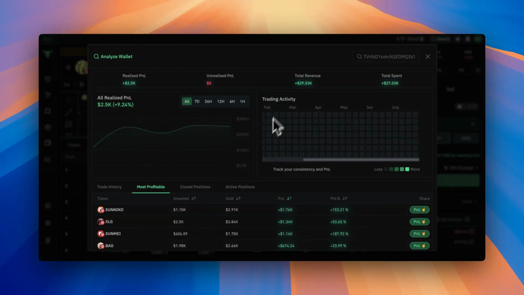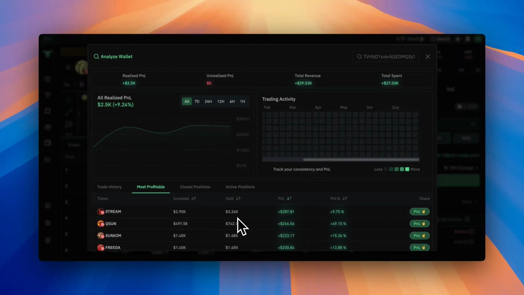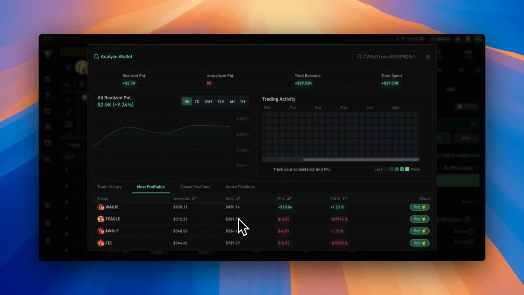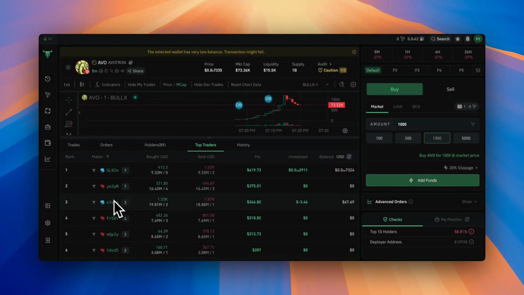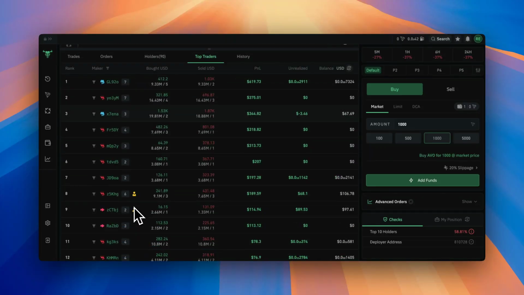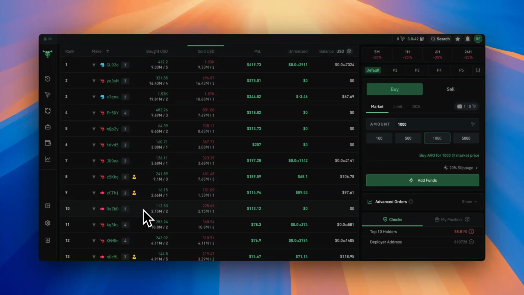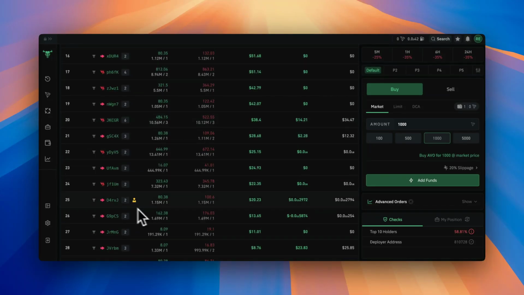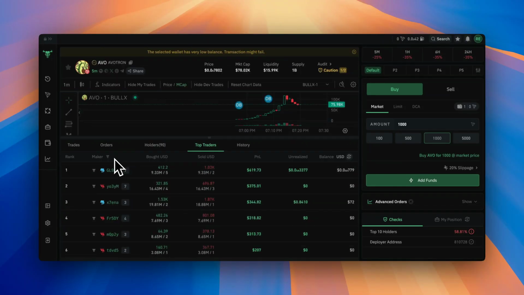So BullX team, if you end up watching this, I'd recommend adding, on average, how much do they invest in a coin? On average, how much do they make? What is their win rate, right? I could sit here and manually calculate that, but it'd be really cool to see just automatically, like they have a 30% hit rate, a 70% hit rate or something. Maybe adding little indicators on these top. I know on the other BullX, for Solana, there were these little smart money tags. So maybe that's the answer. But just looking at these wallets.